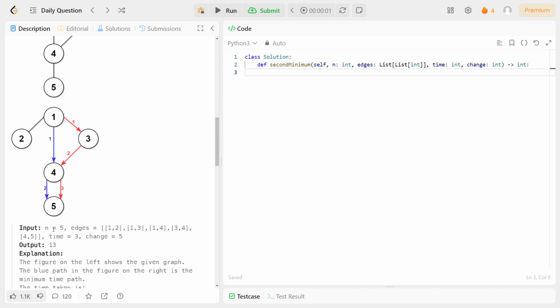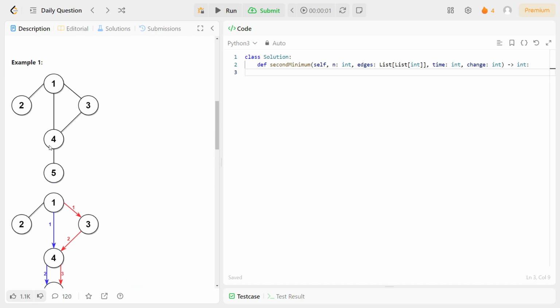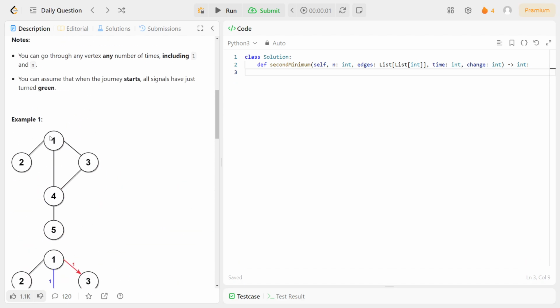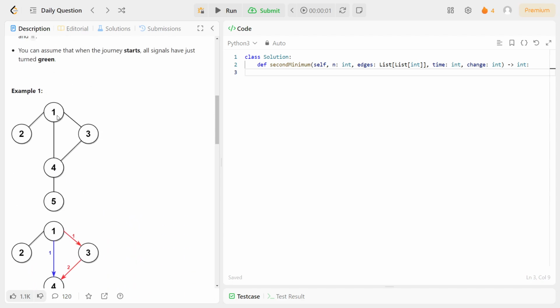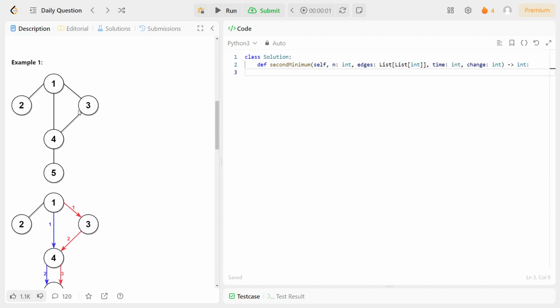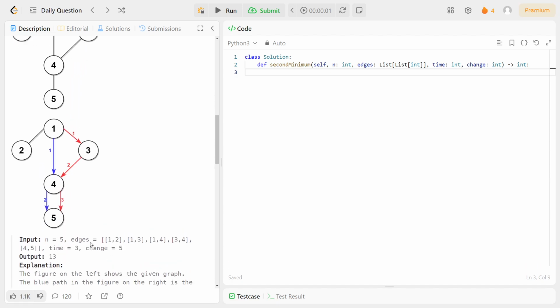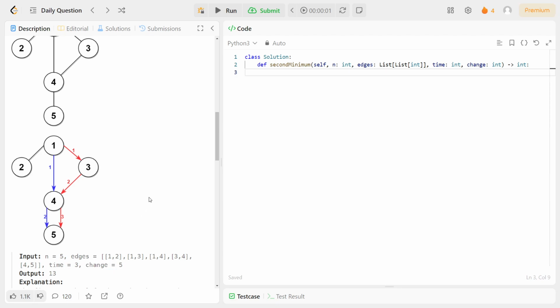We get it from edges. And we have to go from node 1 to the end node, node n, presented with this. So this is the number of nodes, and we have two parameters, time and change. Each step from one node to the next takes time, so this is the cost,